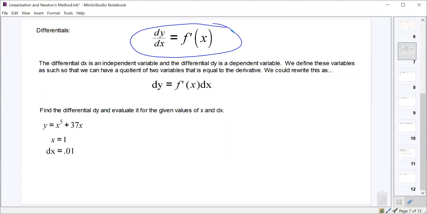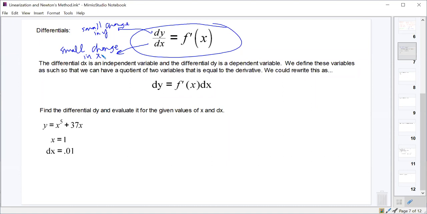And if we think about what dy dx really means in terms of slope, let's say, dy means a small change in the y value, right? And dx means a small change in the x value, right? That's what slope is, right? It's a change in y over the change in x. And if we're looking at this on a very small interval, the change in y is going to be a very small value, and the change in x is going to be a very small value. And if we treat each of those as if they were different variables,